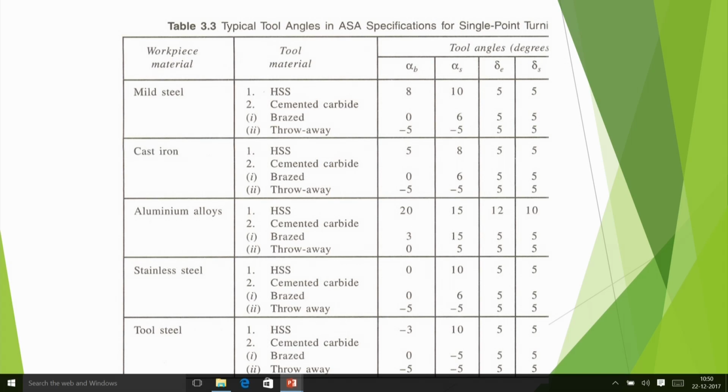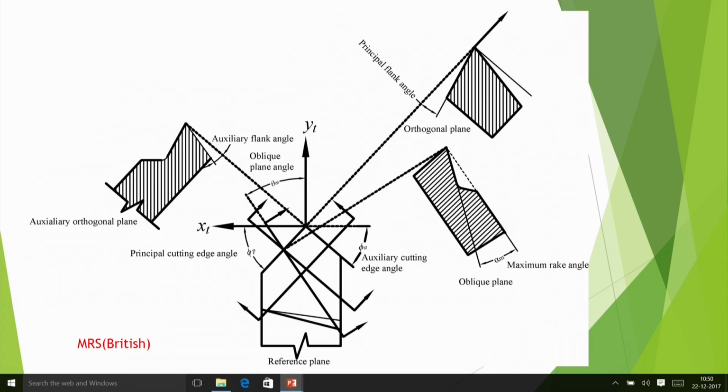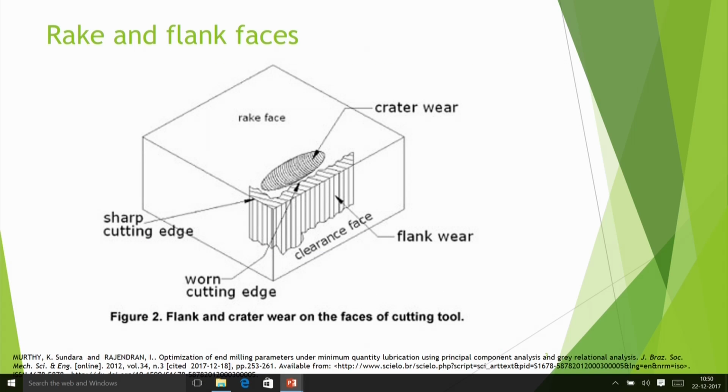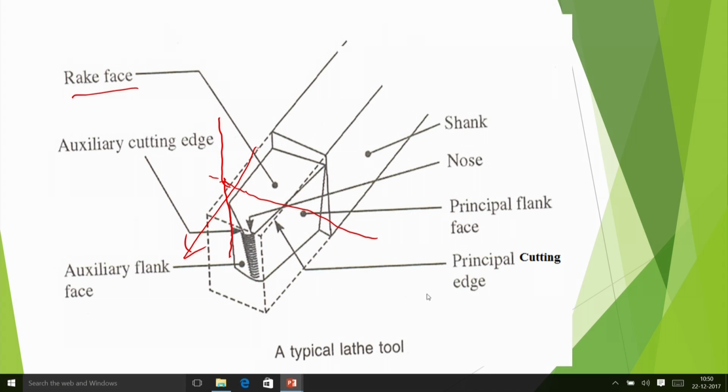So this I have explained, and in the next lecture I am going to tell how the angles can be converted from one system to the other system. So to summarize, let me just glance through that. I have told you about the rake face and flank face. This is very important for you to understand about the rake face and flank face. Then I have told about the flank wheel, Prater wheel, we will discuss in detail. I have shown a typical lathe tool 3D diagram.